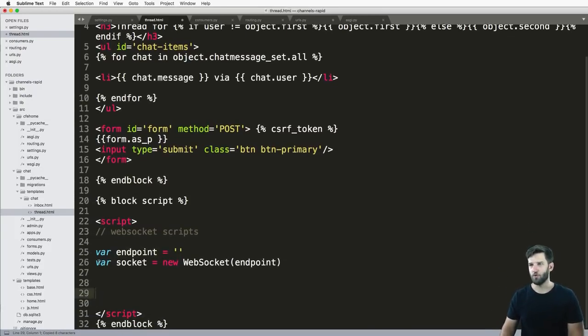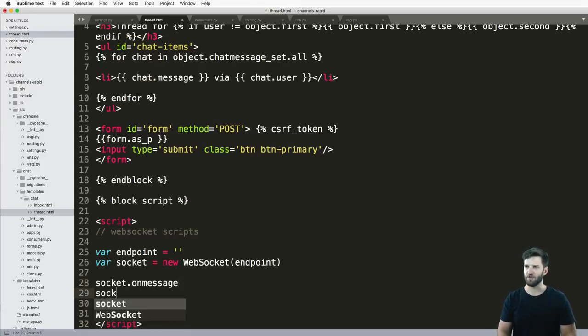Okay, so if you know ES6, you can absolutely use that syntax. I'm just keeping things nice and simple and easy for the rest of us that aren't that familiar with JavaScript. So just stick with me on this, for those of you who are a little bit more advanced in JavaScript. There are a couple of methods that come with this socket: socket.onmessage, socket.onopen, socket.onerror, and then finally